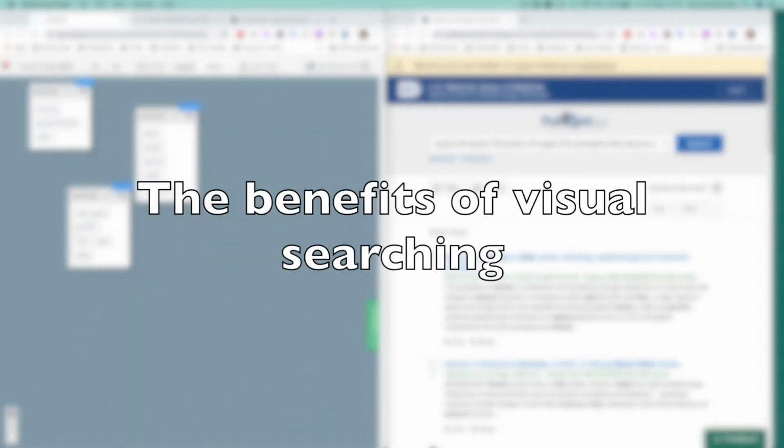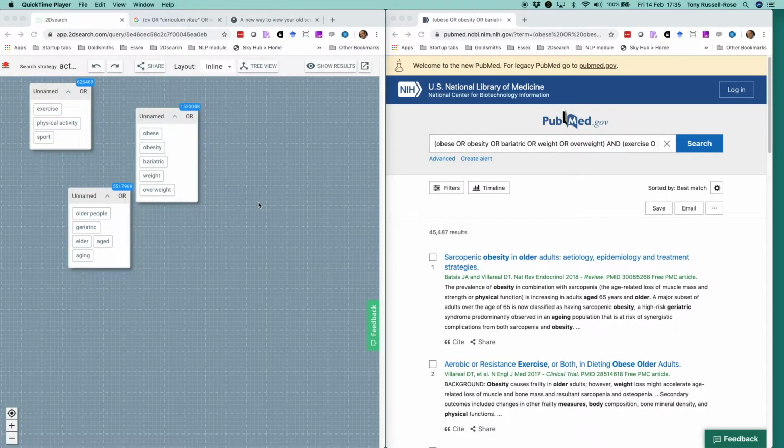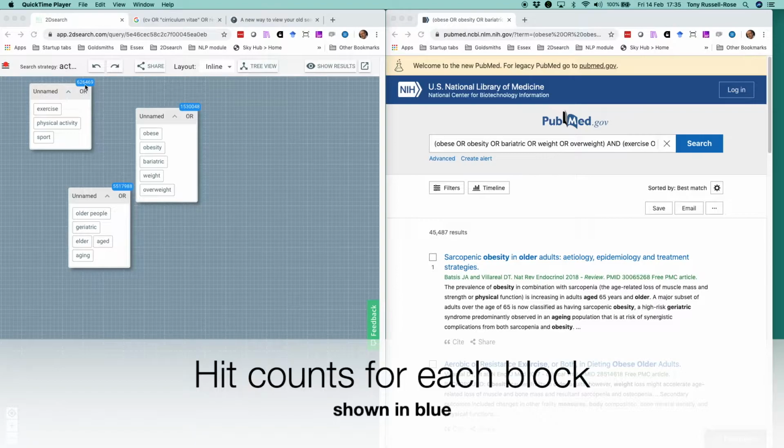In the previous video, we learned how to create a search strategy and then save it and create a shareable link to it. In this video, we'll learn about how to make our searches smarter and more efficient. Let's return to the previous example where our research question concerned the role of physical activity in preventing obesity in older people. One of the immediate benefits of 2D search is that you can see hit counts for each block